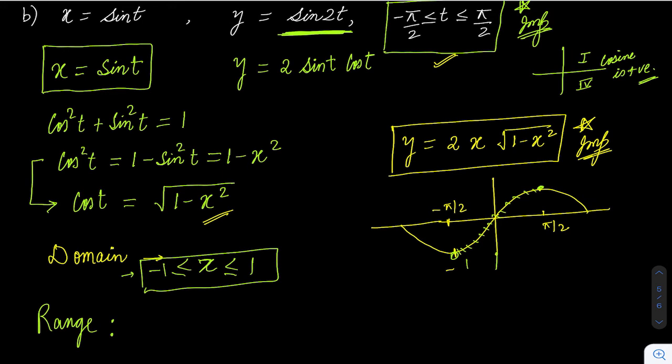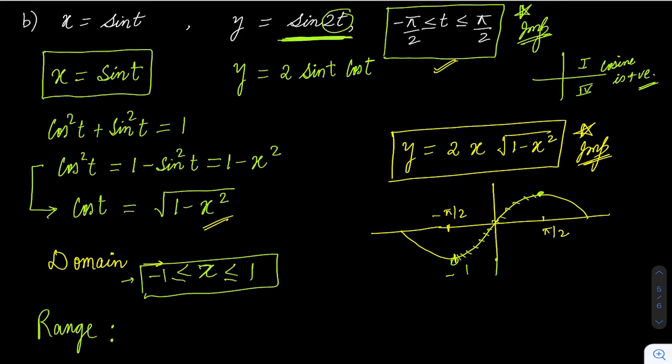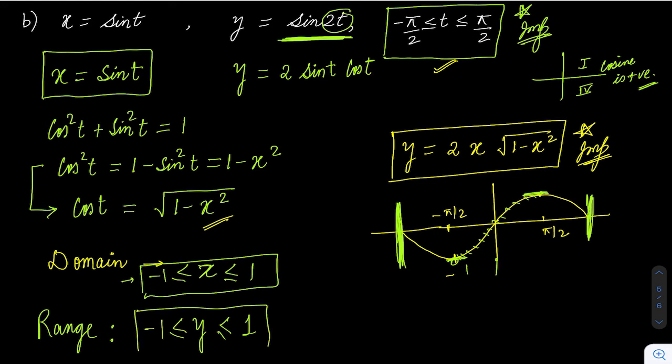Or we have this sine x graph. What is this angle? This angle is from minus 180 to plus 180, right? Because t is minus 90 to plus 90. So when you multiply that by 2, this angle becomes minus 180 to plus 180. So basically this whole graph. So what's the range? Minus 1 to 1. Again, it will be the same. So I can say my range is also from minus 1 to 1. 2-3 ways are there always. You can just use whichever you are comfortable with.